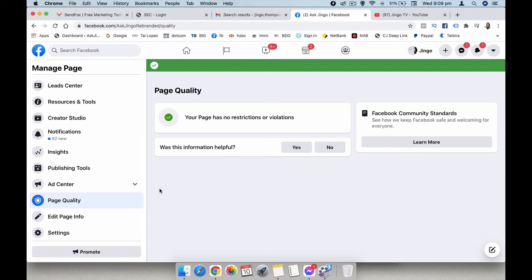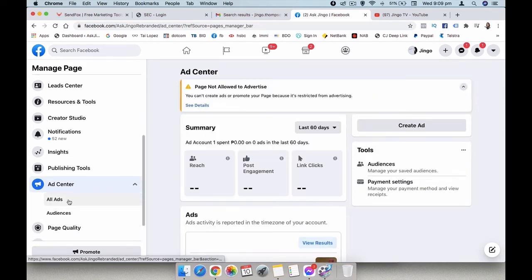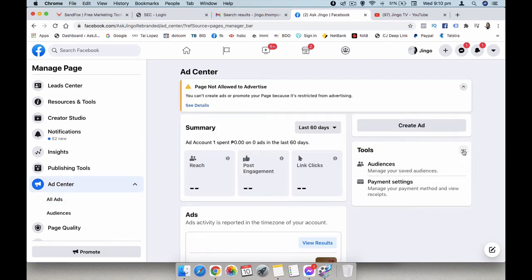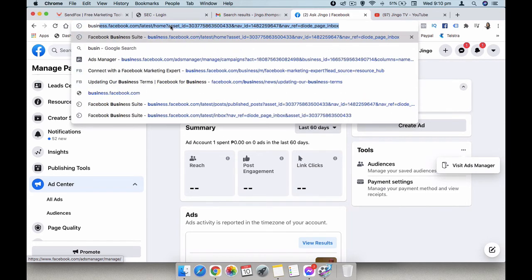Okay, now, if you want to see your Ads Manager, there are three ways to do it. First, you can go to your Ad Center, go to all ads, and click this one. It will bring you to the Ads Manager dashboard. The other one is go to your Ad Center and click these three dots over here, and you can visit Ads Manager from here. The last one is to go to your browser tab and type